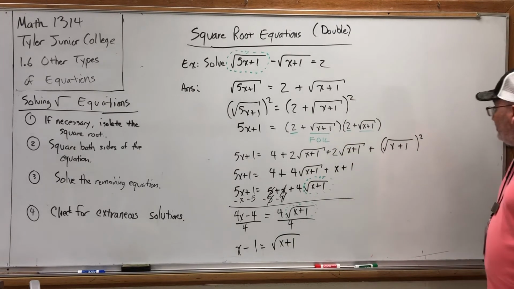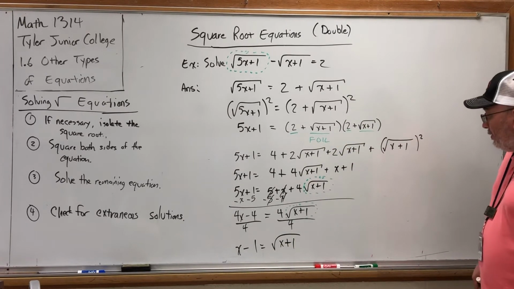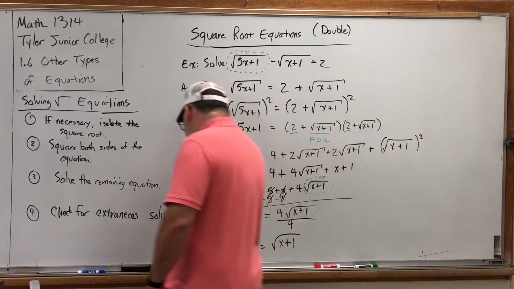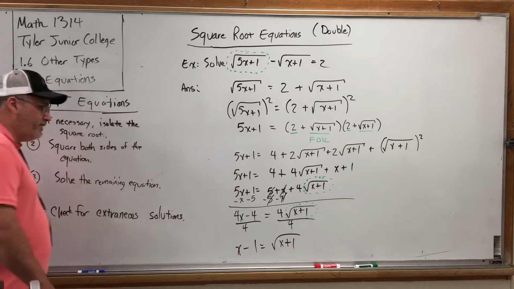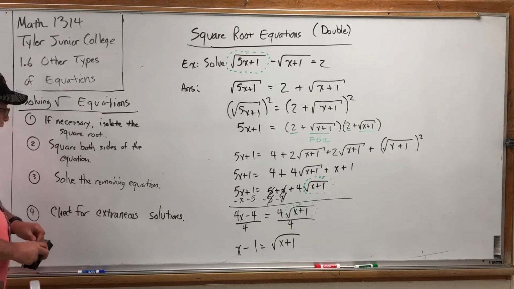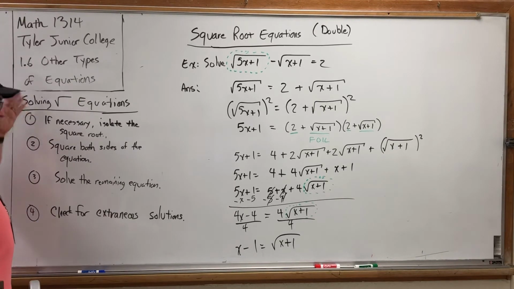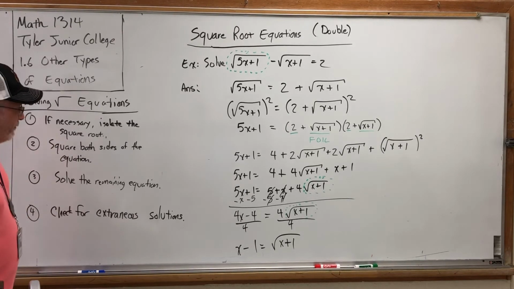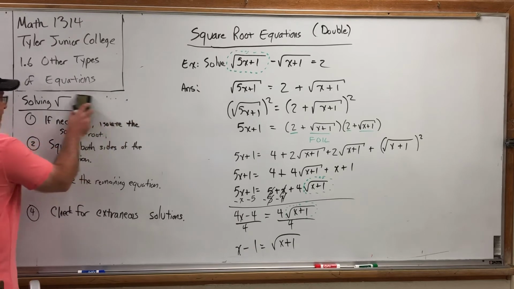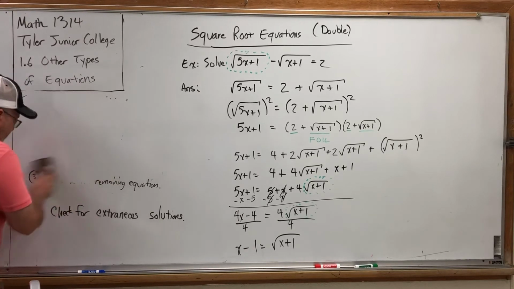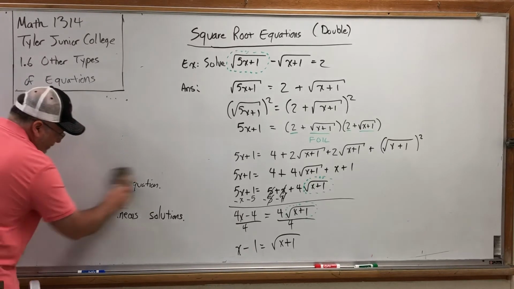Yeah, we're not out of the woods yet, hardly. But at least we're to a point where we can see the light at the end of the tunnel. Remember, I just started this process again. I just isolated the second square root. Now it's time to square both sides. Running out of room here, so we'll say goodbye to this. And we will resume solving